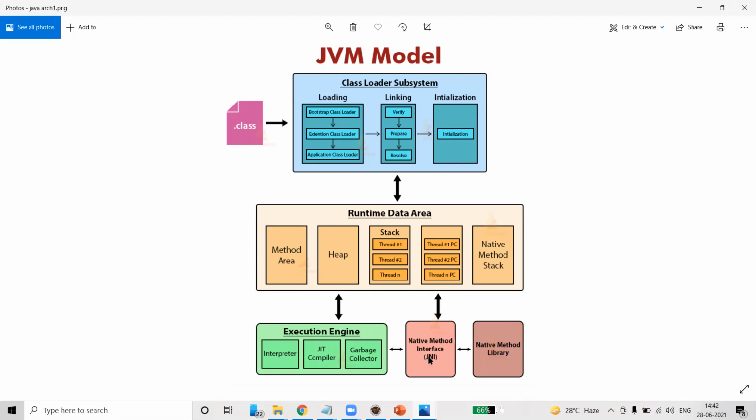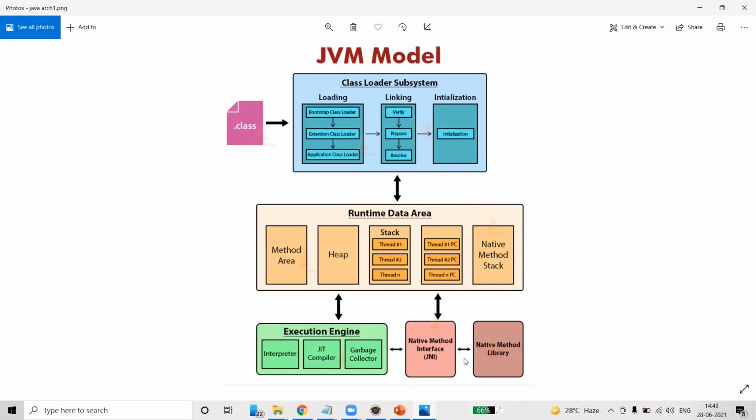Again, this native method interface basically connects to the native method library. Whatever methods you are using in your Java program also get stored in the native method stack. Suppose I'm using System.out.println of hello world. What does it mean? The data is supposed to be printed to the console. How can a Java program understand what a console is?